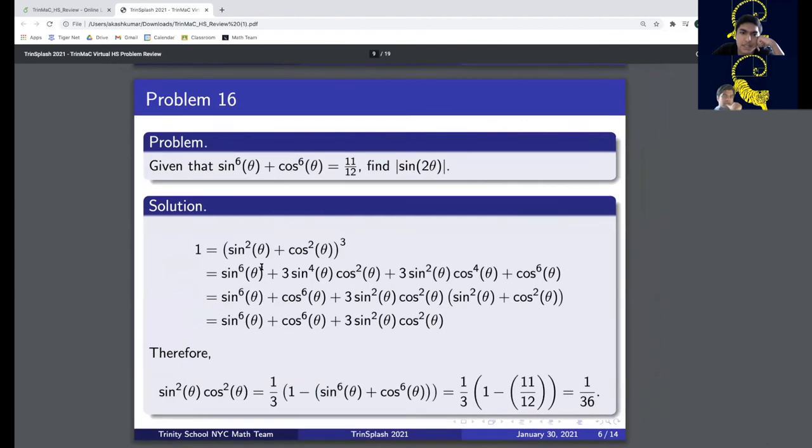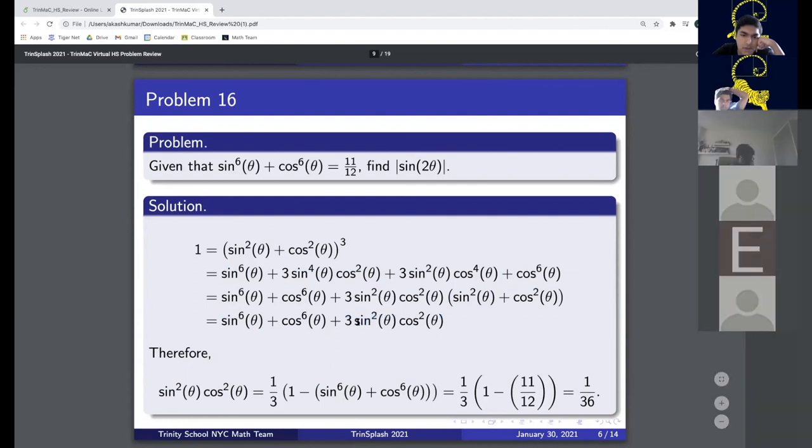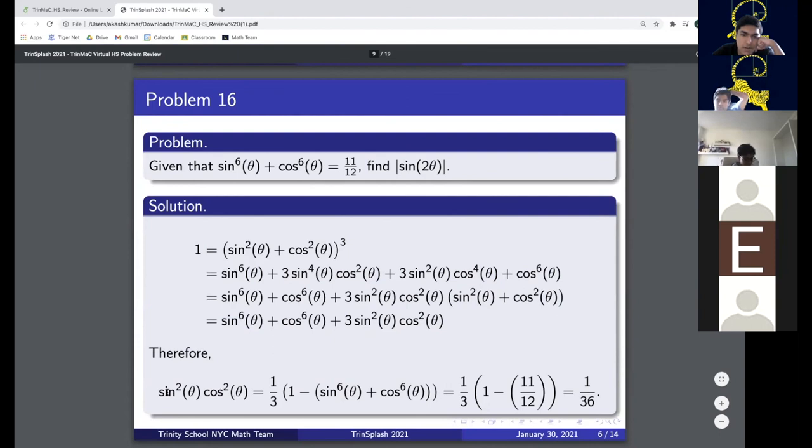So basically, it's exactly what you said. You take this equation, you cube it, by the binomial theorem, and then you can factor some things out. So this becomes 1. This is basically the x plus y equals 1 thing. And then from here, because this is 11/12, you know that this component is going to be 1/12. So from here, you get to